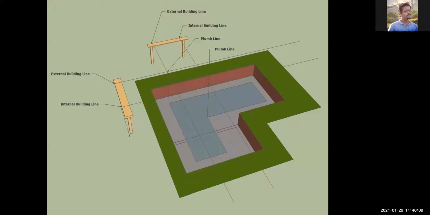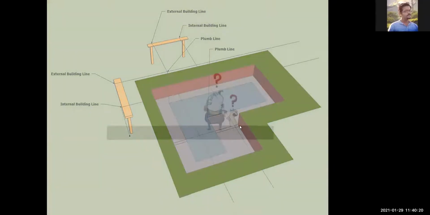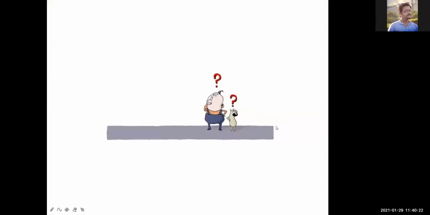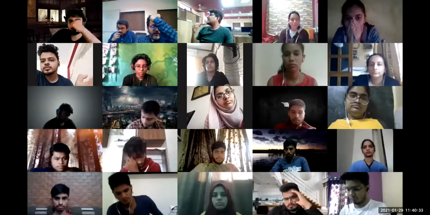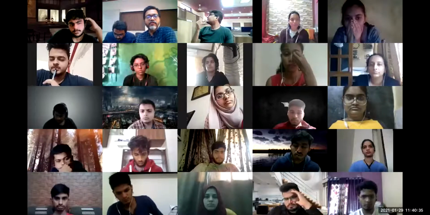Then the question remains: how do you mark the center line again for the footing? That you can study and understand, and ask maybe your faculty. So this is the end of the theory, where we looked at the setting out process as the theory. That is the first thing which you are doing.